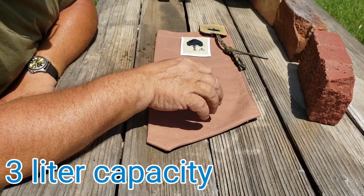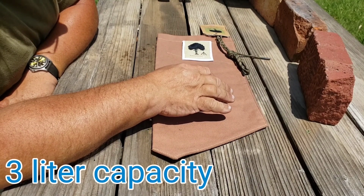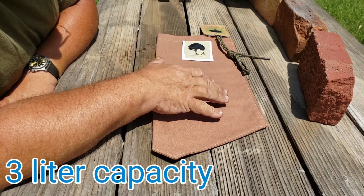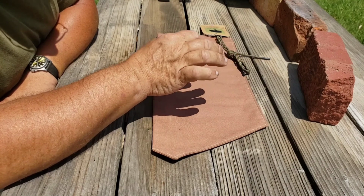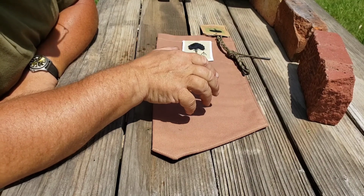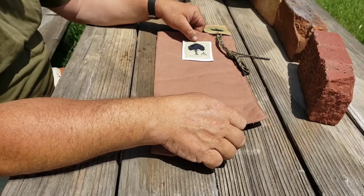Your LifeStraws have a definite lifespan and your Grails have a definite lifespan. You can extend that by using something along this line, because like I said, the less crap that goes into the filter that it has to work out, the longer it'll live, which is always a good thing,